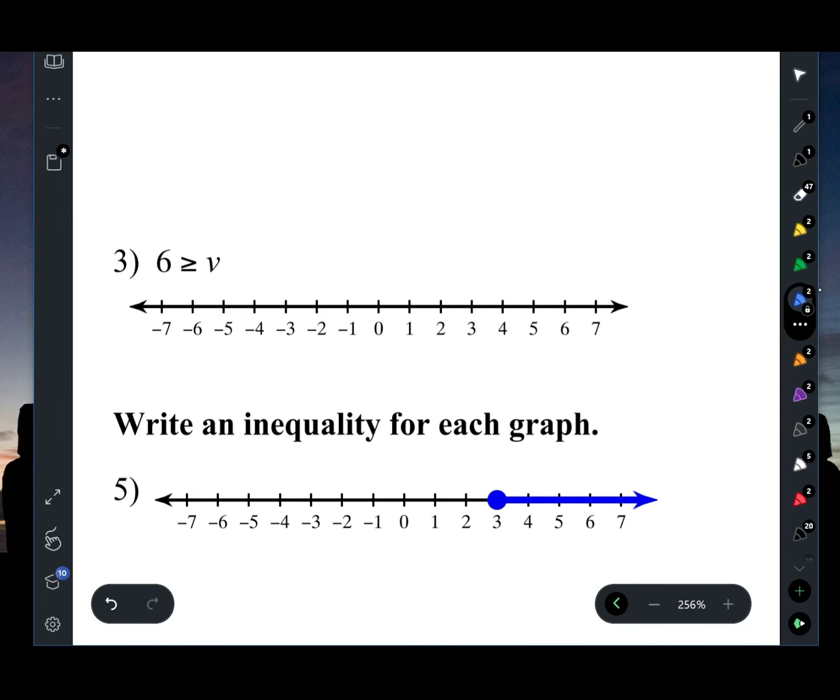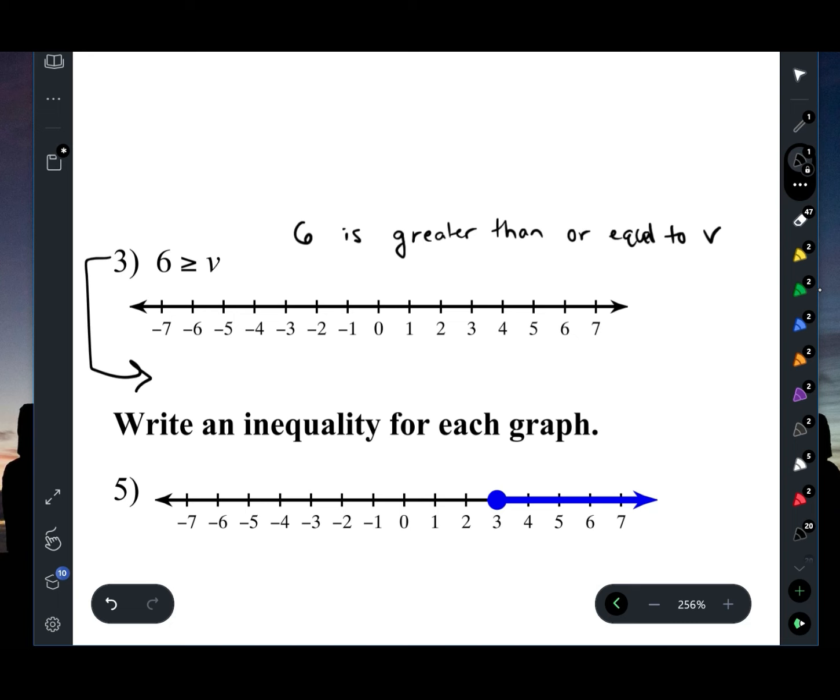Slightly different is number 3 here. So this time, 6 is greater than or equal to v. I think it could be helpful to write down. We have a few things. 1, this is written a little backwards. And 2, we have the equal to sign. So I encourage you, rewrite this so that the v is on the other side. And that's simply flipping everything around. So notice how the arrow is still pointing towards the v when you flip it. This helps you realize that it's really the same thing as v is less than or equal to